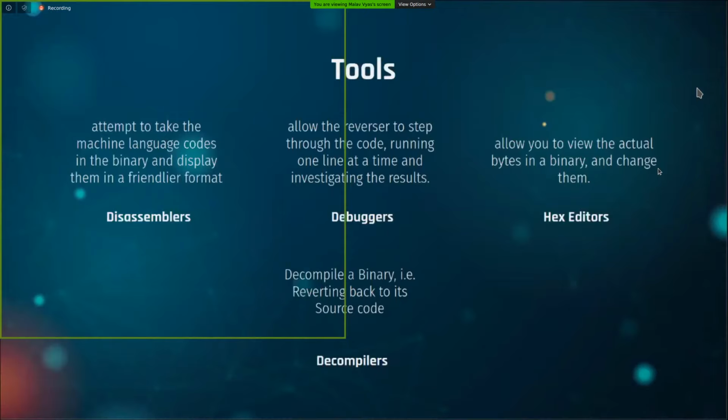Text editors: you can just take the dump of this binary file and edit it just like you would edit a simple Notepad file. Decompiler: you revert to the source code. So if you have compiled in C, you will get the C source code to some extent, like Libra does.